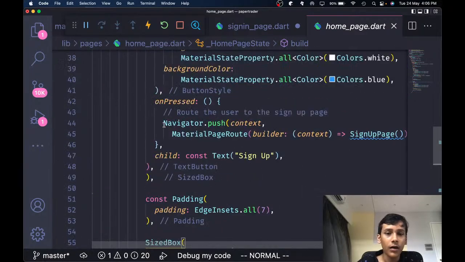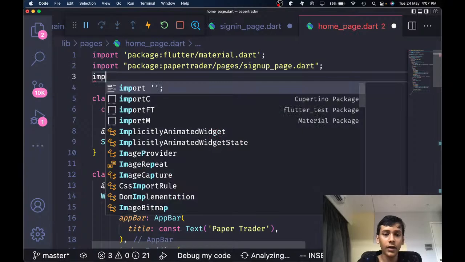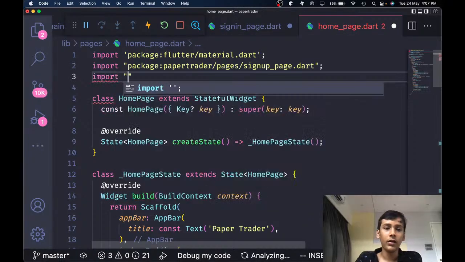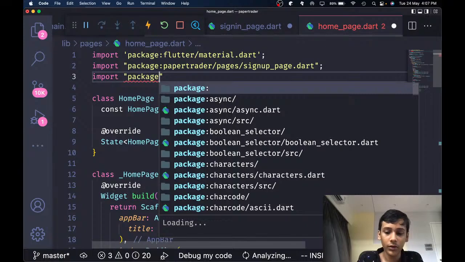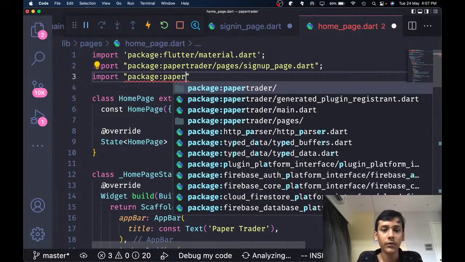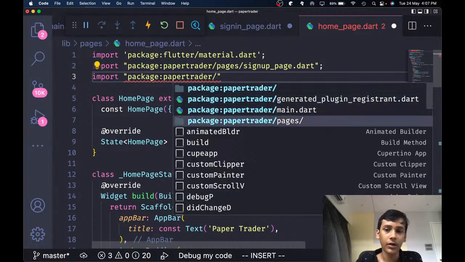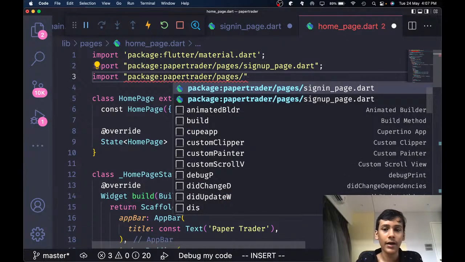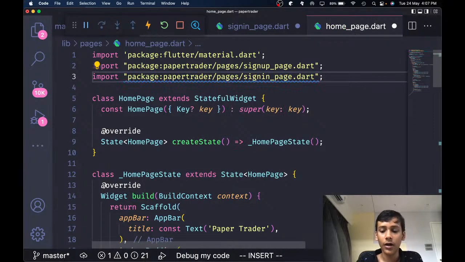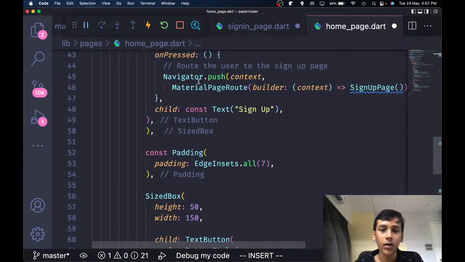So all I'm gonna do is head to the top, and we can just import the sign in page real quick. So import package colon paper creator slash pages slash sign in page dot. Just import that real quick, and now let me just copy this thing,